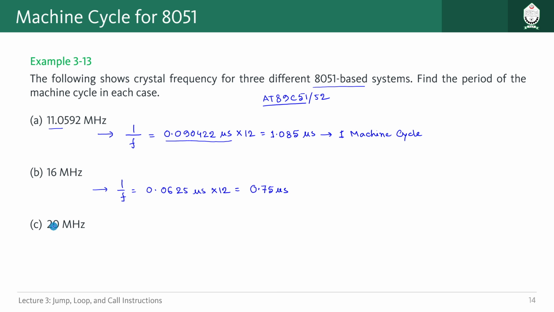Here I will add 12 megahertz instead of 20 because this is mostly used, so it will be helpful whenever we try to solve other problems with 12 megahertz. So for 12 megahertz, the length of one time period will be 1 by 12 microsecond, and if you multiply that by 12, you get 1 microsecond, right? So for a 12 megahertz system, 1 microsecond is the length of one machine cycle. Okay,